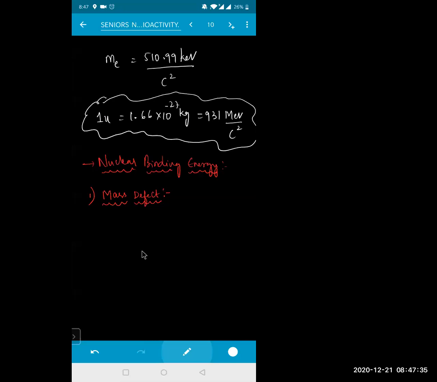So what do you mean by mass defect, beta? See, the mass of the nucleus is much smaller than the total mass of the constituents. అంటే mass of electron, proton, neutron అన్ని కలిపితే మనకు ఒక atom అవుతుంది కదా. So the mass of nucleus is smaller than the total mass of its constituents,